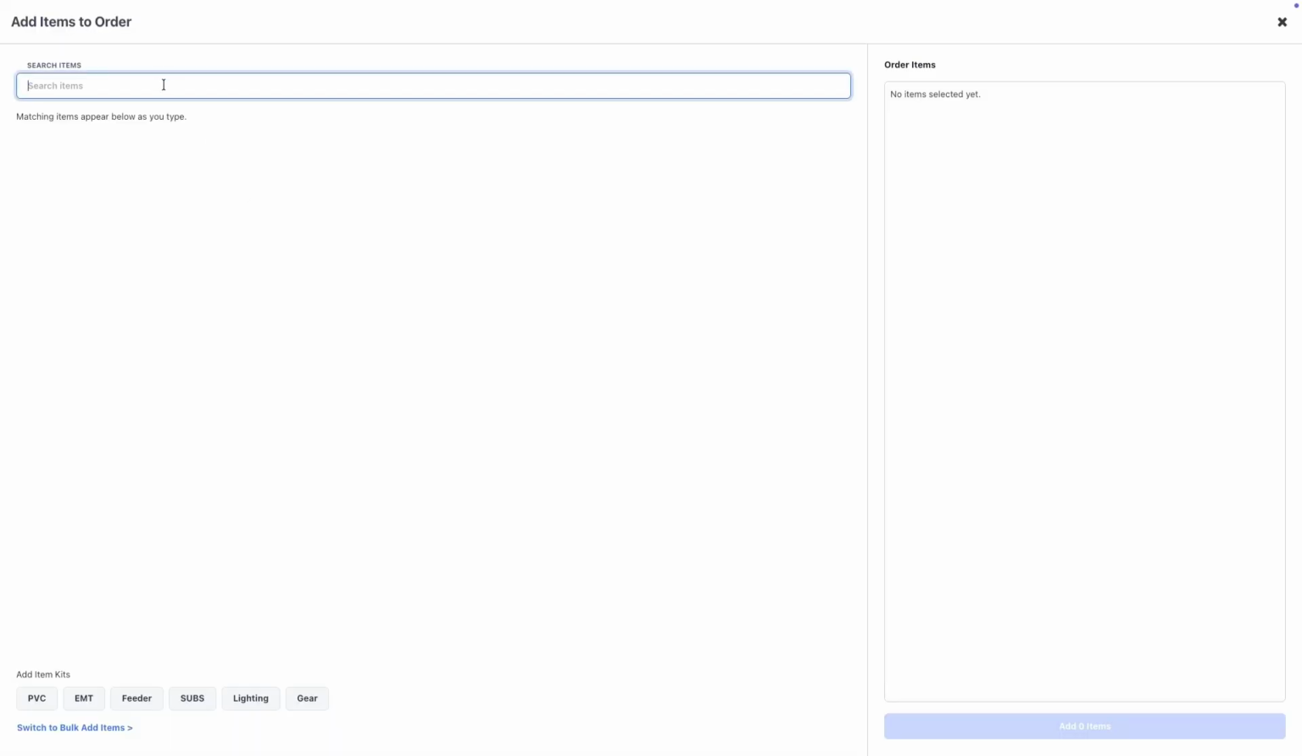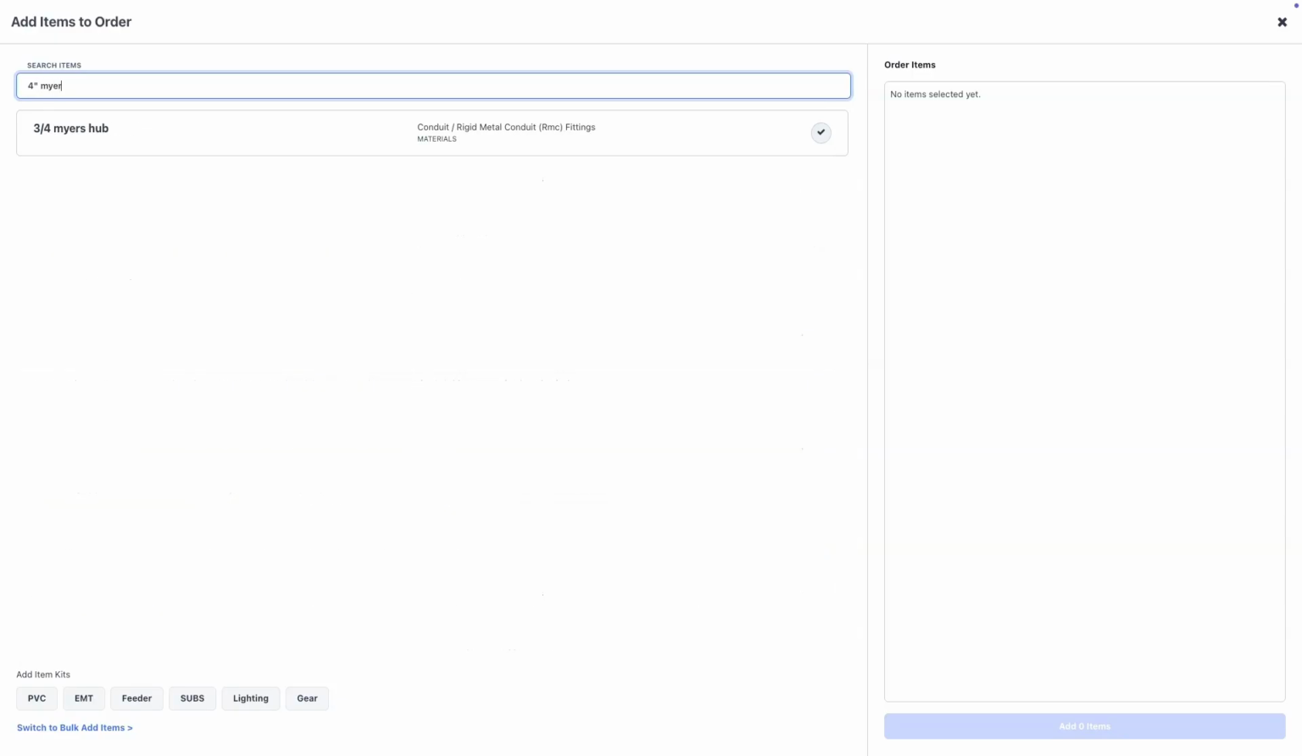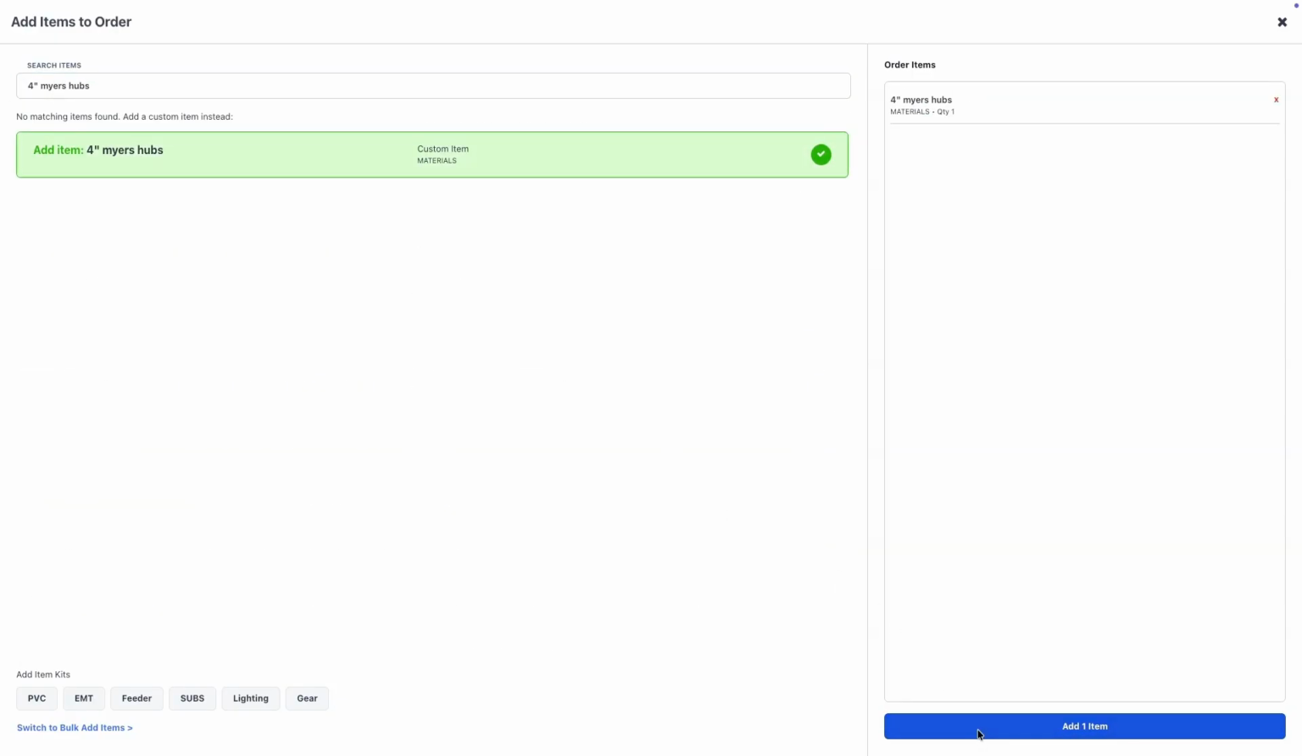If the item cannot be found in the catalog, you can still add it as a custom item by selecting Add Items. Simply type the item description, such as a 4-inch Myers hub, and add it to the order. The system will display the item as no match,